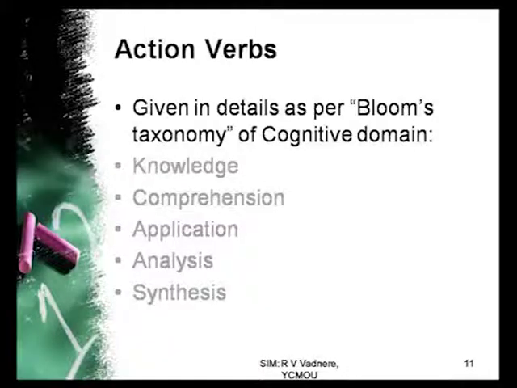And one of the basic concepts of education is that there are 3 domains of learning. One is called the cognitive domain, the other is called the psychomotor domain, and the third is called the affective domain. And the books which we are writing basically pertain to the cognitive domain. Cognitive means something to do with the mind. So, let us concentrate only on the cognitive domain, and there is a taxonomy which Bloom had